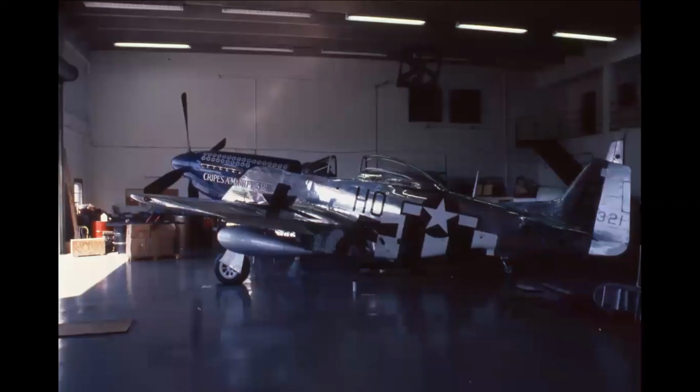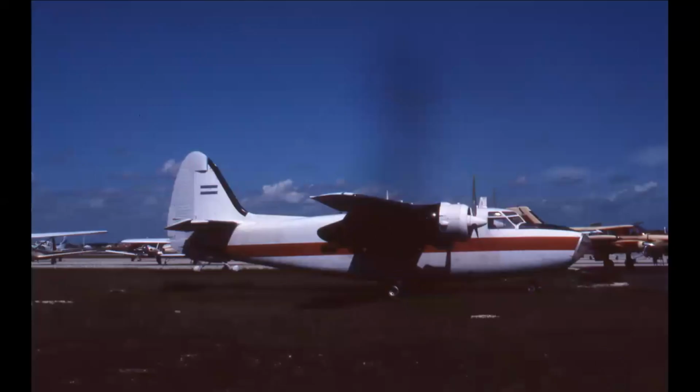We were invited into his restoration hangar, and they were just finishing off this P-51 Mustang. I took several pictures inside the museum, but my flash wasn't working, so they were too dark to show. So we wandered around the airfield for a while, and here's this